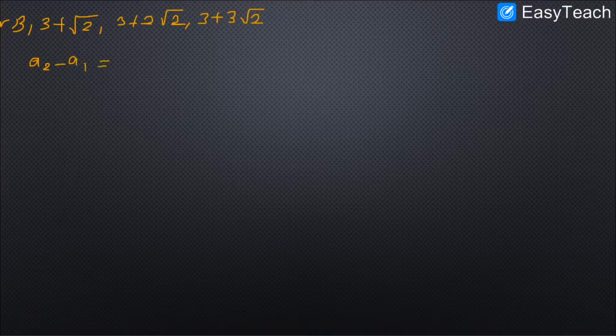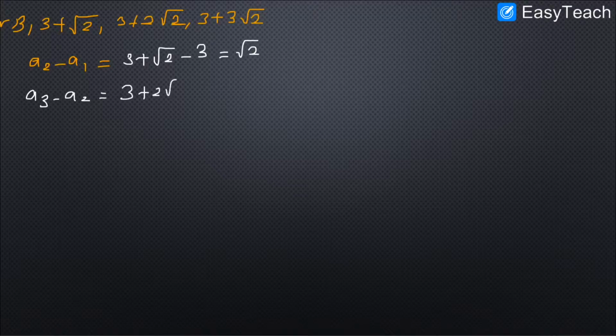A2 minus A1. Here A2 is 3 plus root 2 minus A1, which is 3, which gives me root 2. For A3 minus A2, 3 plus 2 root 2 minus 3 plus root 2